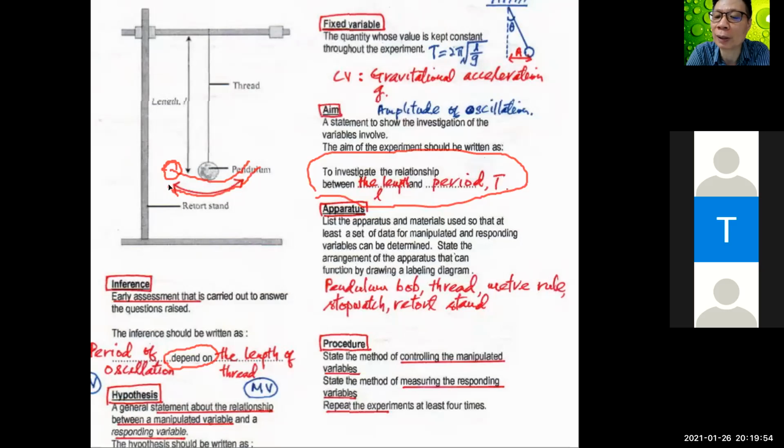Actually, you are not encouraged to measure the period of only one oscillation. 很难的，你知道吗? Because one oscillation 很快的. Left, right, left, right 这样子。